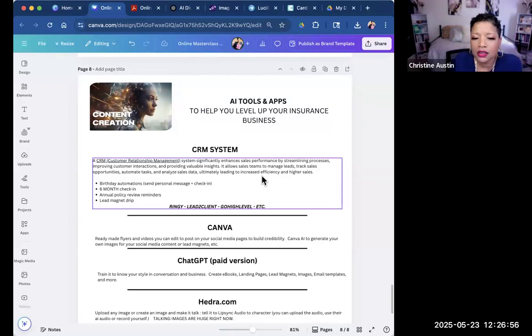It allows our sales teams to manage those leads. It tracks our sales and sales opportunities, automates a lot of the tasks, and it'll analyze the sales data, ultimately leading to increased efficiency and higher sales. How does it help us with higher sales? Because we're not having to spend all the time doing all of the things. Okay. It will help us